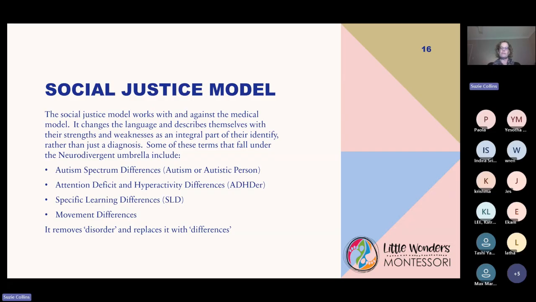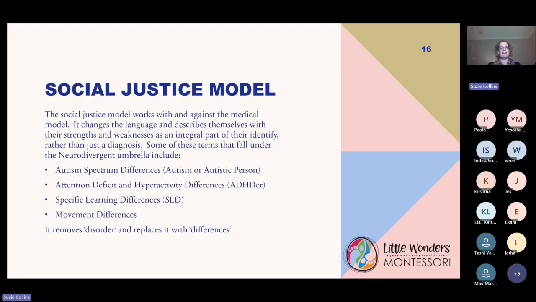Some of the terms that fall under that neurodivergent umbrella are what we would call autism spectrum differences. So it still is ASD, but it's autism differences. Many people actually identify as either autism or an autistic person.